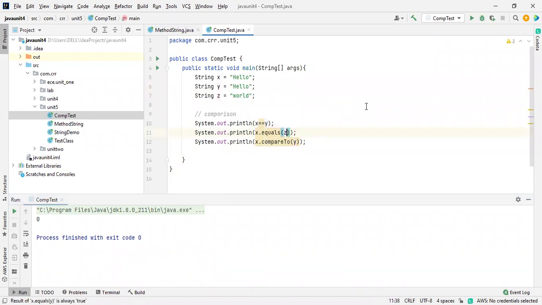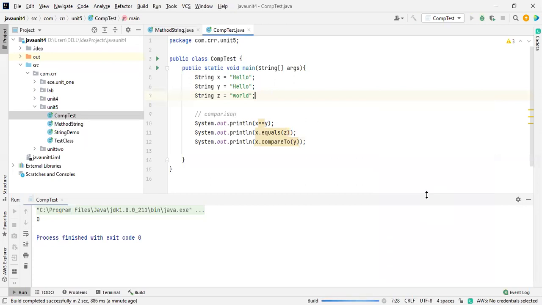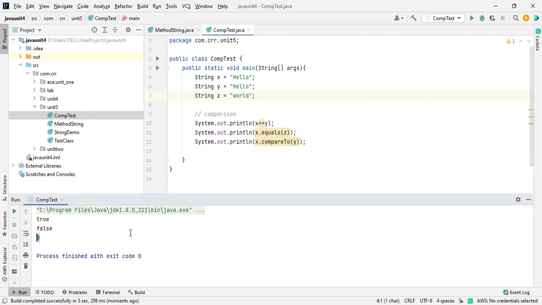Looks good for us. Only three ways are there to compare. Let me run this program. Okay, true, true, false, because these are not equal, right? False, and this is a zero, which is a true value.